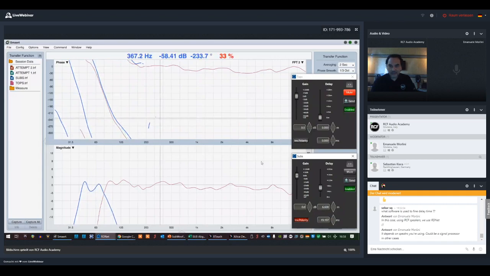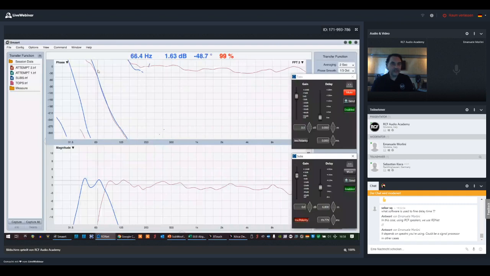Probably a little bit more. Now we are really happy. Look at the two phase traces. They are perfectly overlapped in the crossover zone, as well as in the surrounding frequency. Now we are sure that